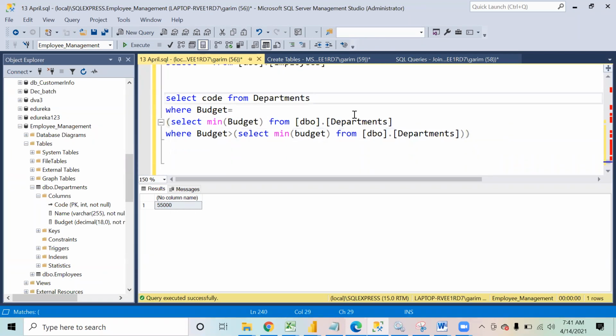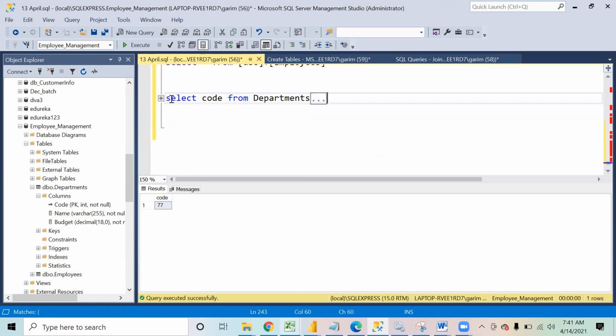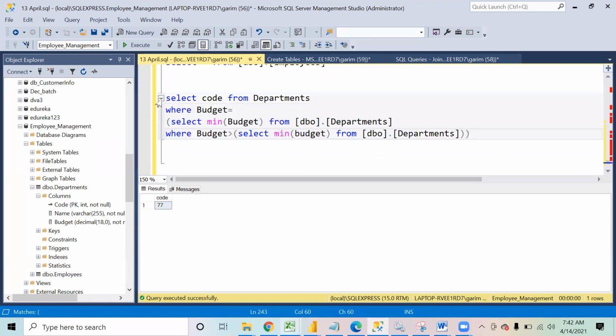That gives me 77. So there are two subqueries that I've written. First of all, I've selected the second minimum budget, which gives me this number. Now I'm saying I want to pick up the code where budget is equal to this number, the second highest budget that we have. So this is how I am able to get the code.